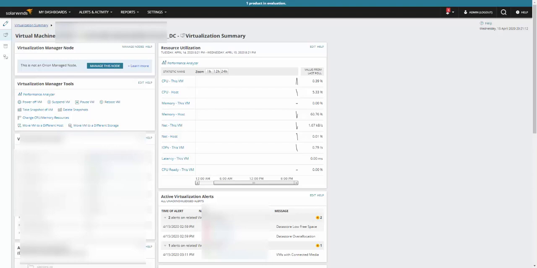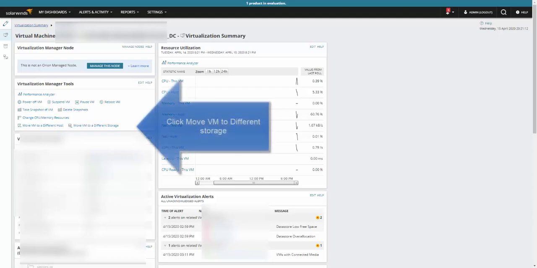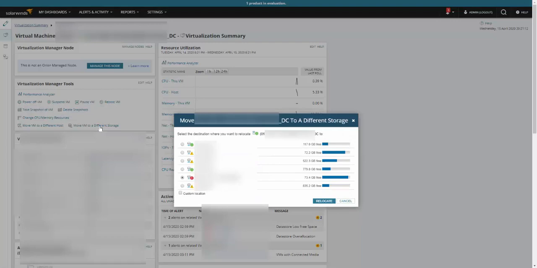The next thing that we have is moving a VM to a different storage. As it turns out, there are cases where you'll have to move a virtual machine to a different storage due to storage space issues on the current one. This can also be done on the Virtualization Manager tool. On the same page, you can click on move VM to a different storage. Once you click on here,